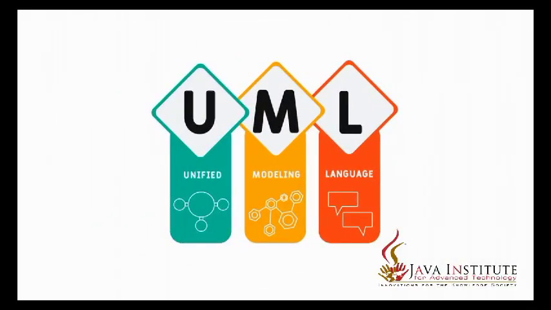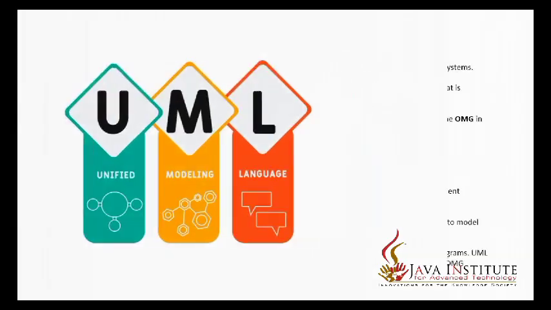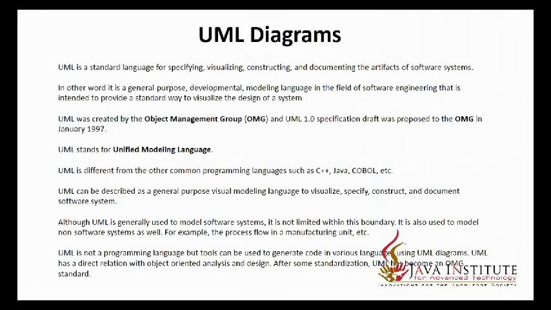In this video, I am going to talk about the UML class diagram. First of all, I will explain what a UML diagram is. UML is a standard language for specifying, visualizing, constructing, and documenting the artifacts of a software system. In other words, it's a general-purpose development modeling language in the field of software engineering that is intended to provide a standard way to visualize the design of a system, and this was introduced